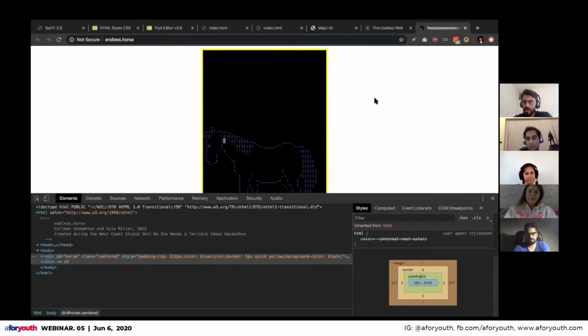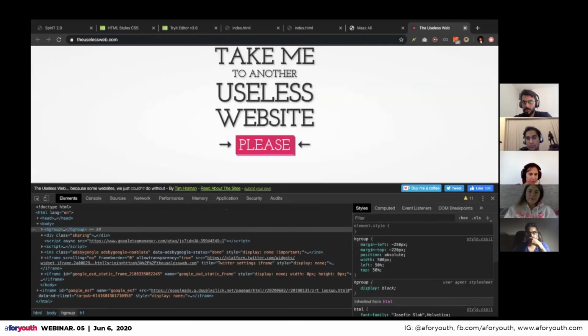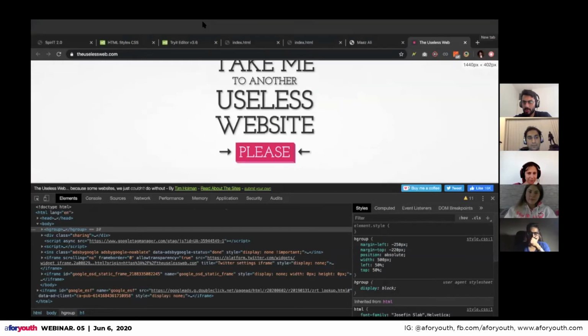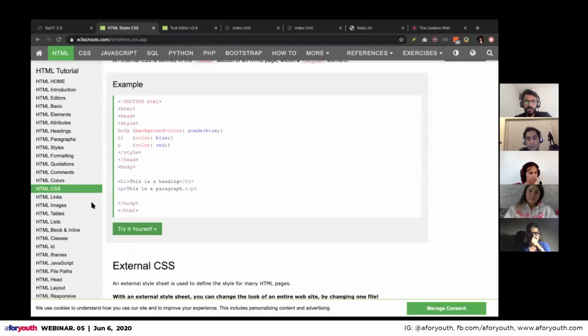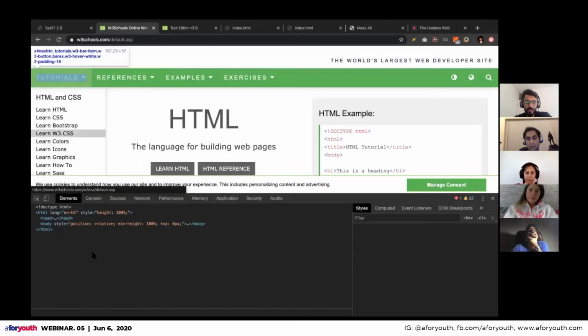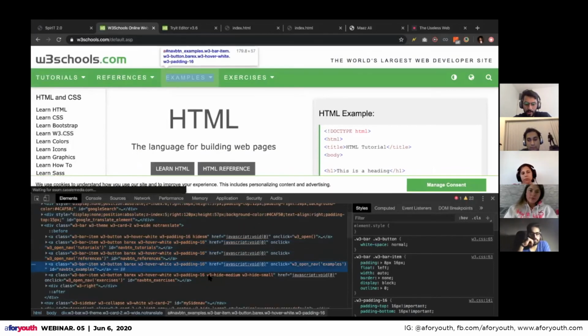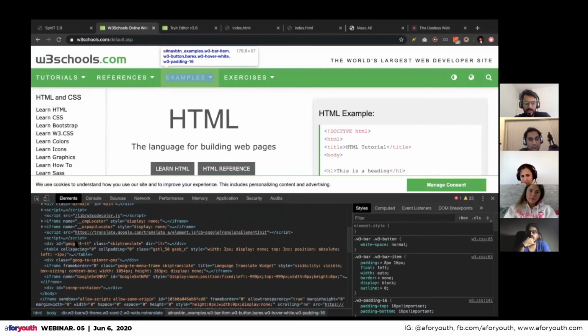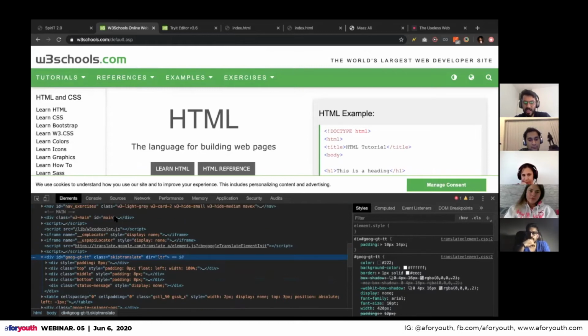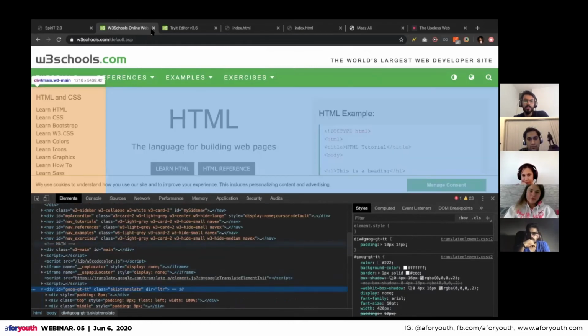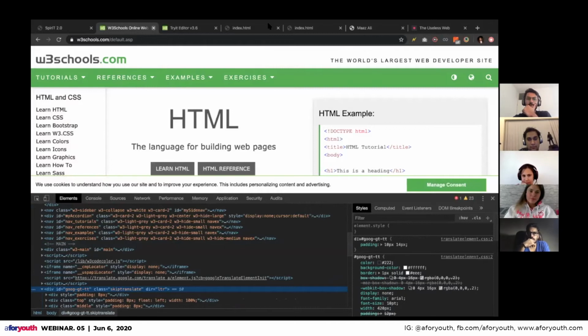So if you go to any website, even very complex websites, it will all be made of these HTML tags, but there will be more. You see all these href tags are the same, all these link tags, then there are other div tags, and it's just a mess of these tags. And yeah, let's go to our own website now.